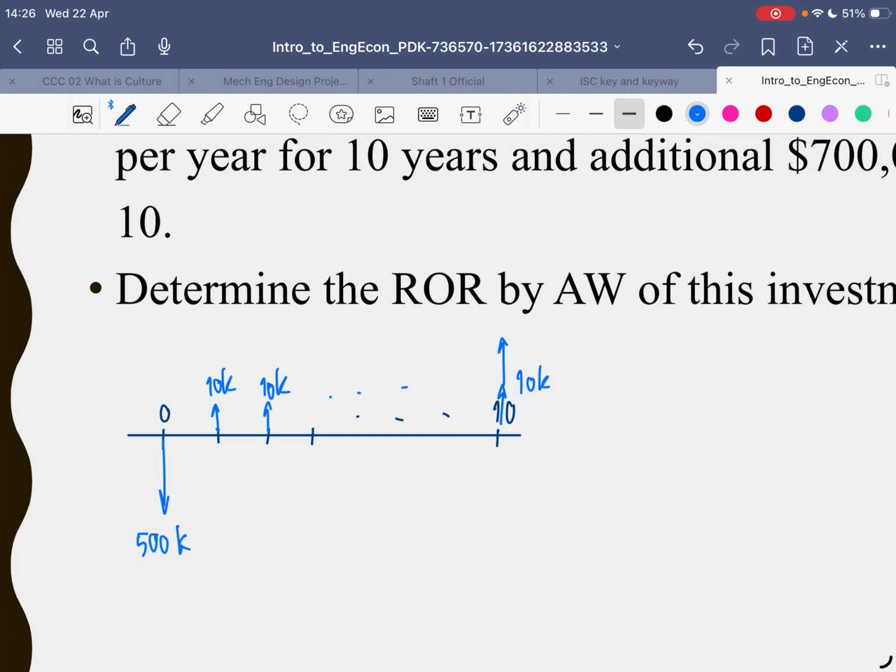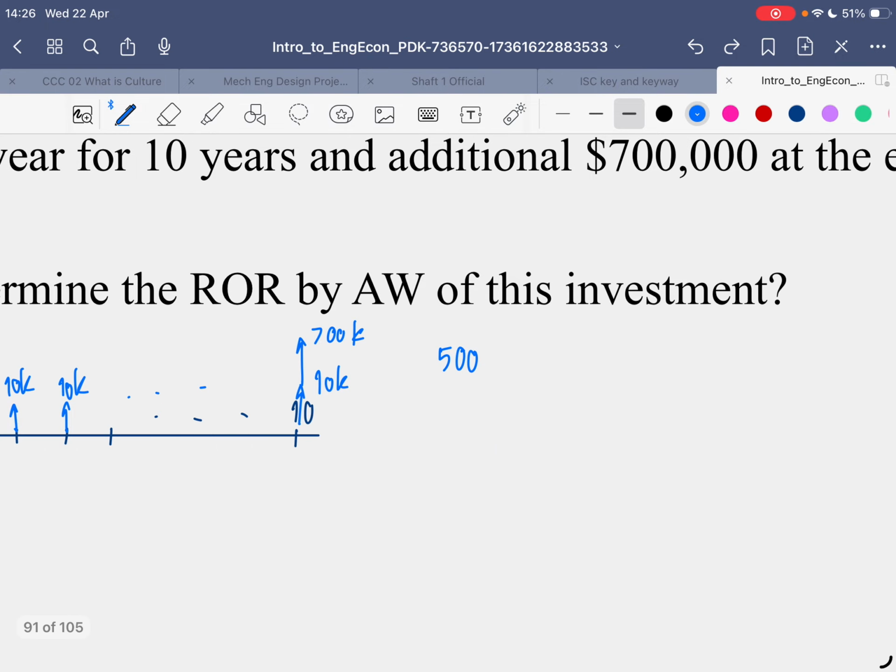Therefore, the 500,000 is equal to 10 multiplied with (1 plus i)^10 minus 1, divided by i times (1 plus i)^10, plus 700 divided by (1 plus i)^10. You see,